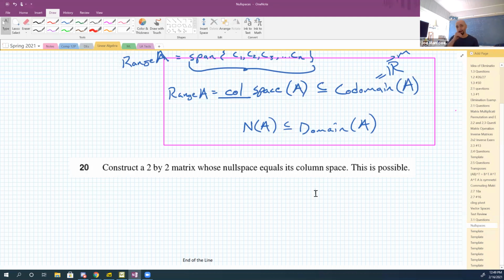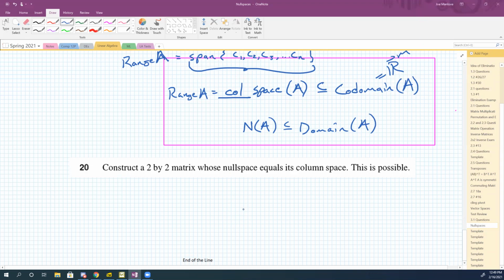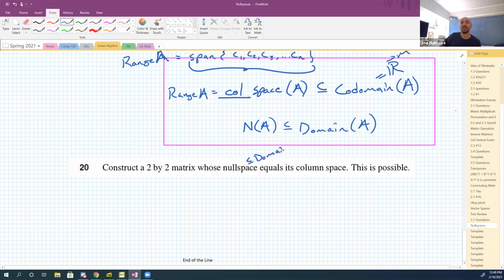Okay, so for one thing, the null space is usually where? Don't get this wrong, it's written right above this. I'm going to take a wild guess and say in the domain. Good, so the null space is in the domain. Where's the column space? It's the range. Good, the column space is the range. It lives in the codomain,